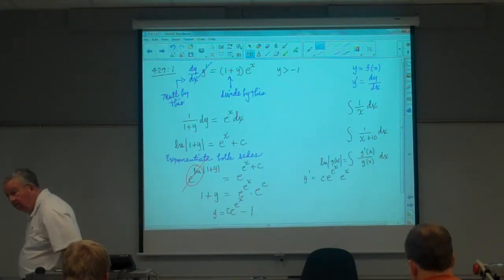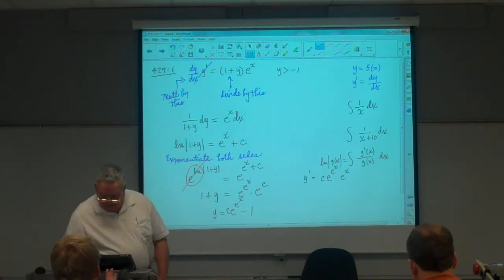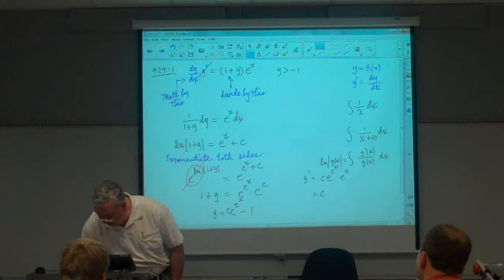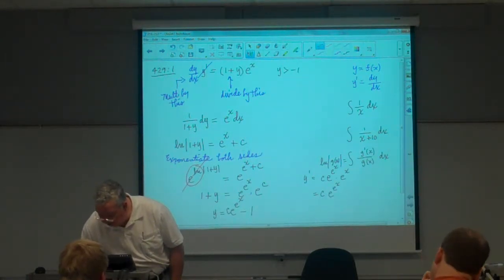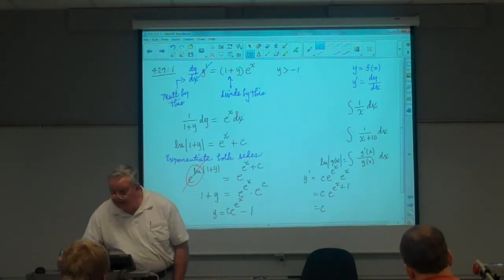What do you think? Oh, yeah, because it's just going to be... So I think this is equal to C e to the x plus 1. Is that right? Which is C, I say,